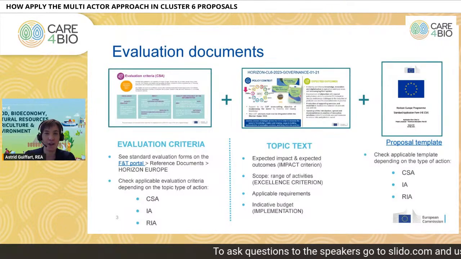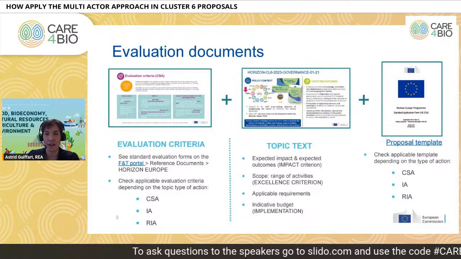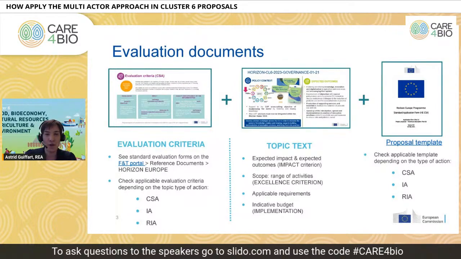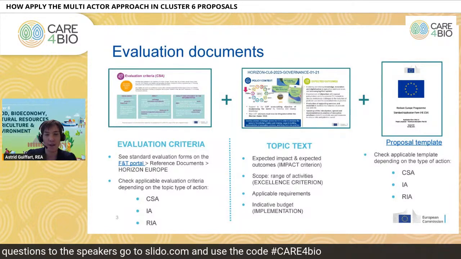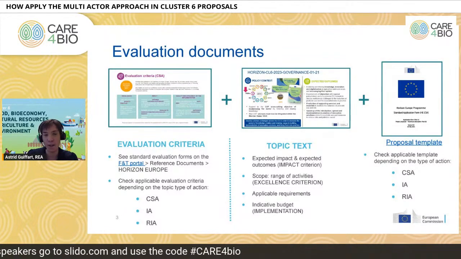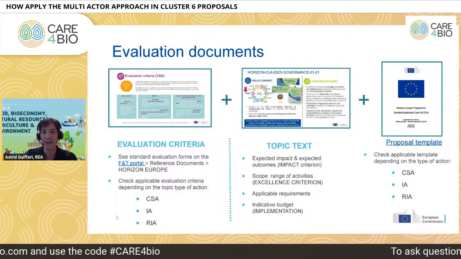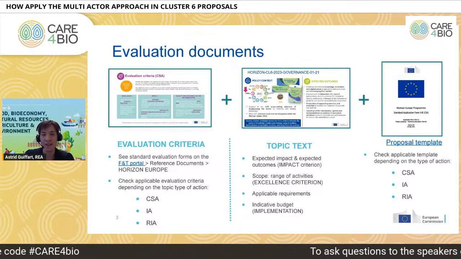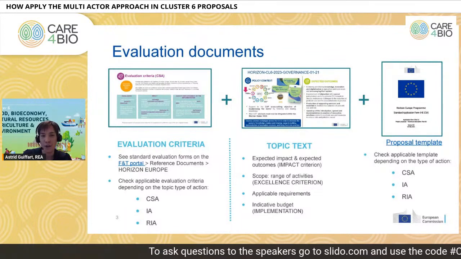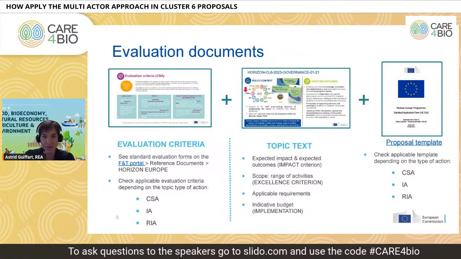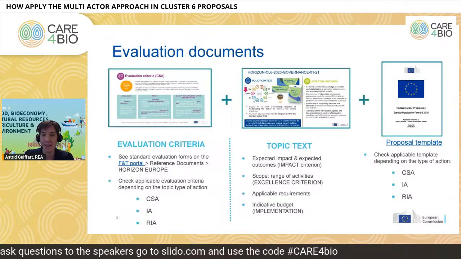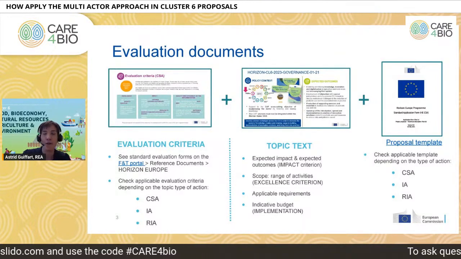So regarding the evaluation documents at hand, evaluators need to use the standard evaluation forms on the portal, using the appropriate criterion depending on the type of action, whether it is a coordination and support action, an innovation action, or a research and innovation action. Then you have the topic text that is available on the Funding & Tenders portal and also on the work